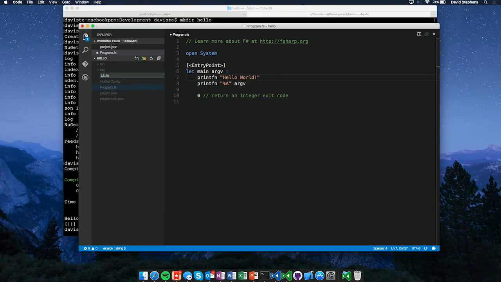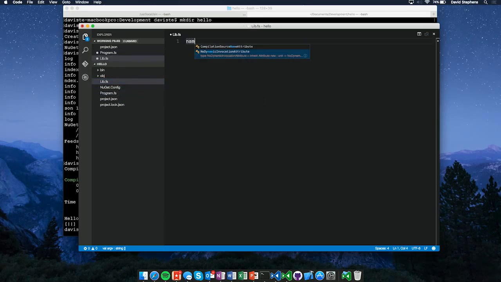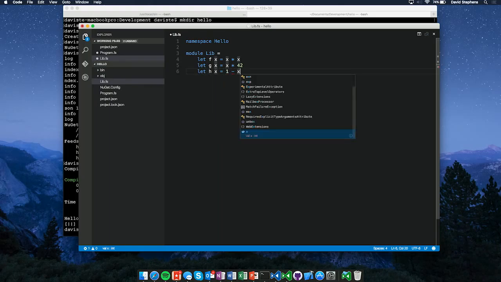Let's add a simple library of some F# functions. I'll make a new namespace here, we'll call it hello, and the module we can just call lib. Then let's have some super simple functions. Maybe f of x squares x, g of x could be x times 42, and h of x could be 1 minus x. And see, this IntelliSense coming up,